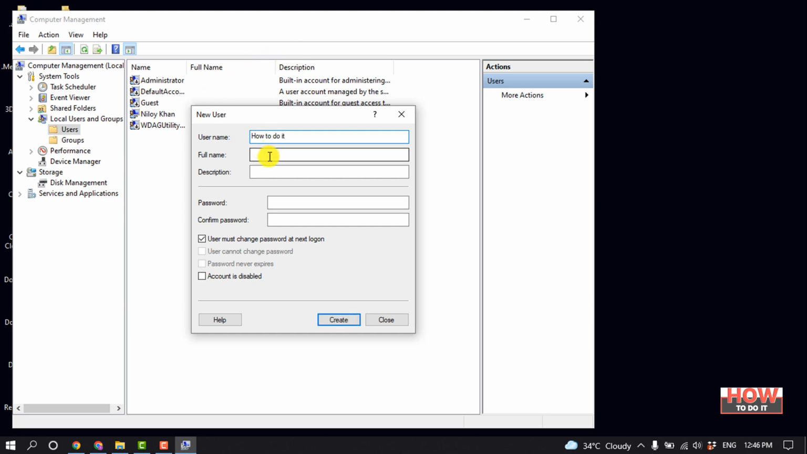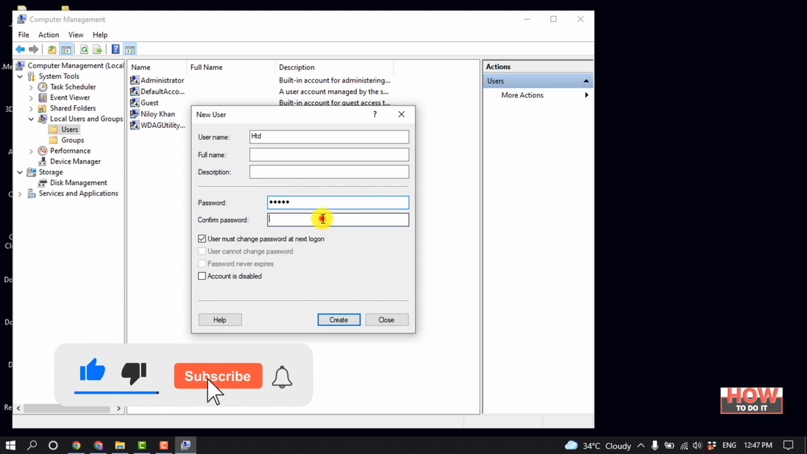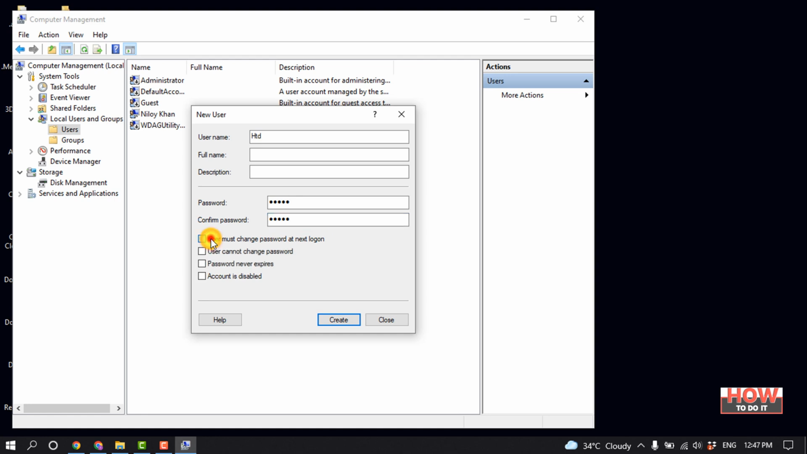You can also give here a full name. You can add description here and give here a password, confirm password, and you can check this option here, user must change password at next login. You can select or deselect this option from this list and then click on create,